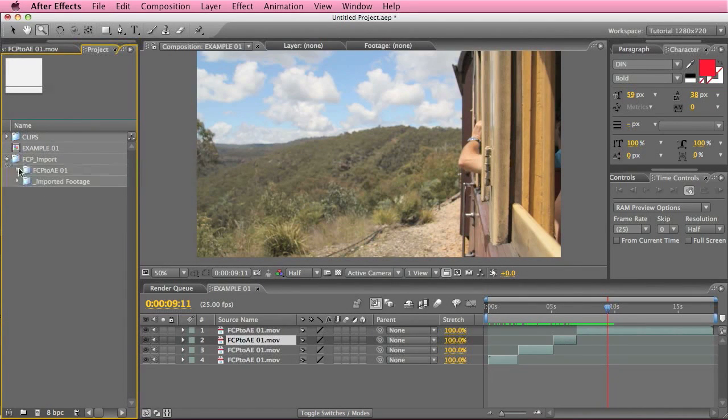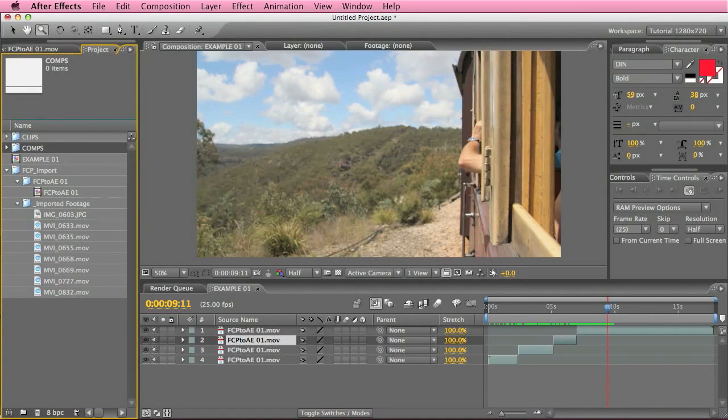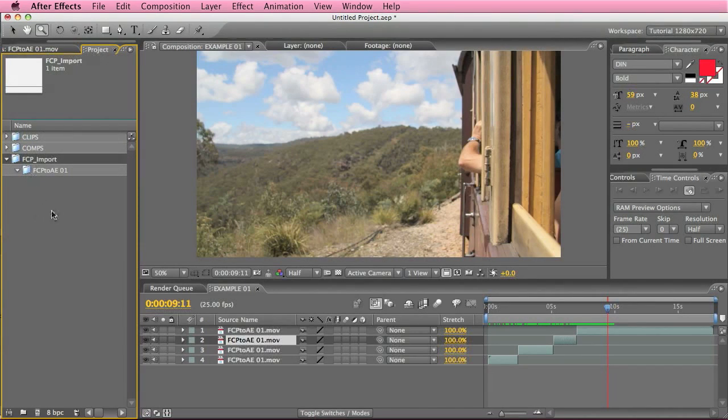And you'll get this folder called FCP import. Now this is where all the footage is, and this is where your sequence is. So what I generally do is make a new folder called comps, and I put my comps in there, and I'll move that one in there too. I'll rename this one whatever it came from, something meaningful, and move that out of there and put it into the clips folder so I know, and I'll just ditch this folder completely. That's generally how I organize my footage. Anyway, so let's have a look at this.